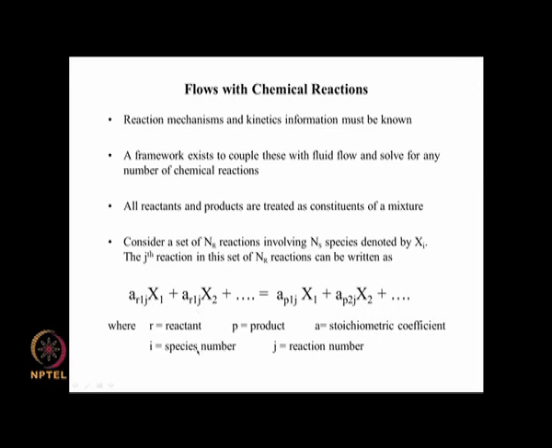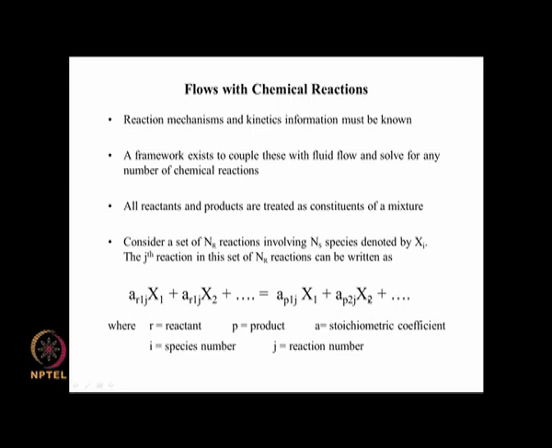So you have species number and reaction number. And you have the reactant side here, and then you have the product side. There is a typo here, this is reactant 2, R2. So, you have j number of these equations, representing j reactions, and there are NS number of species X1, X2, XNS like this.